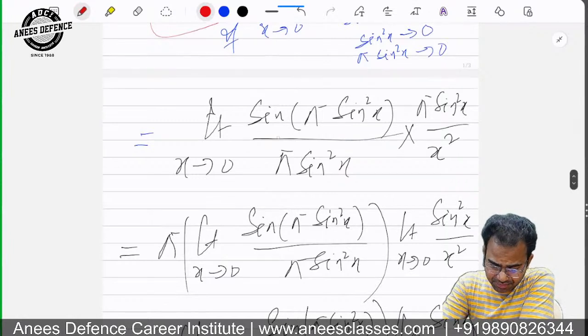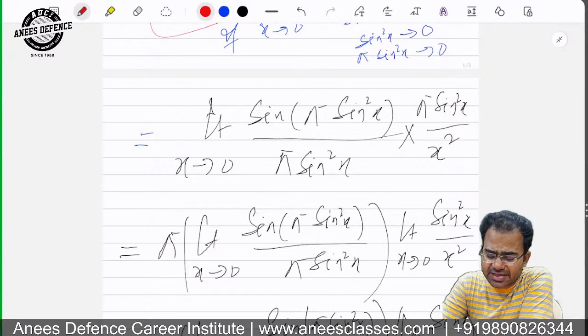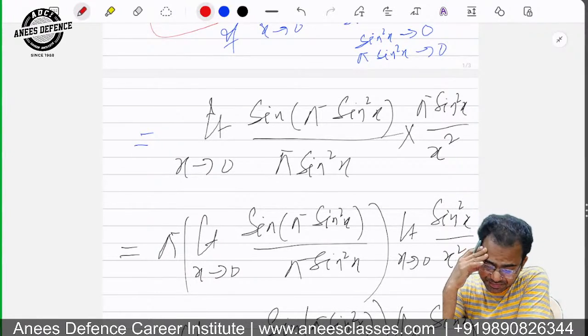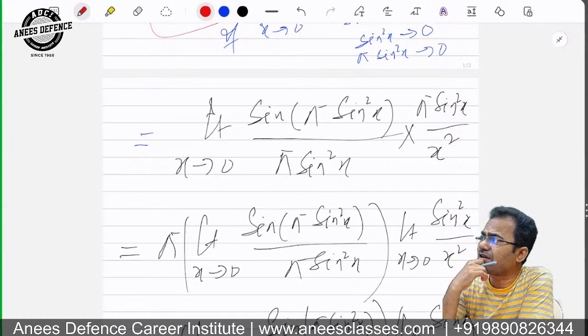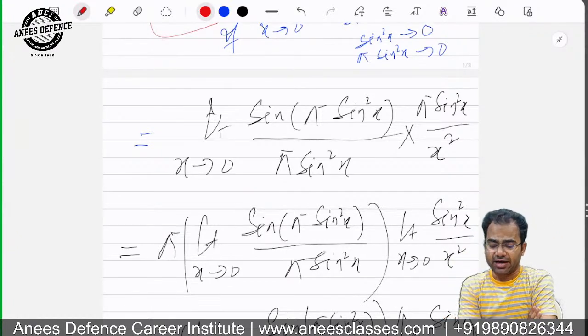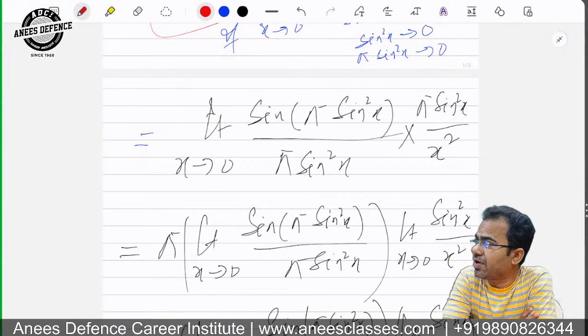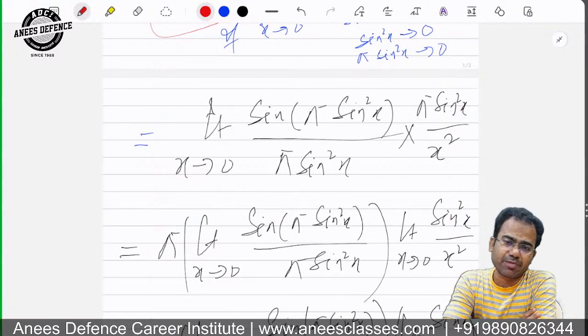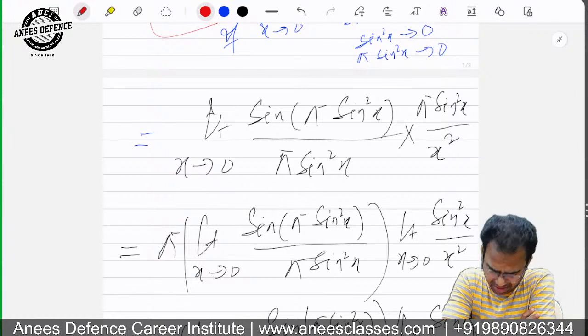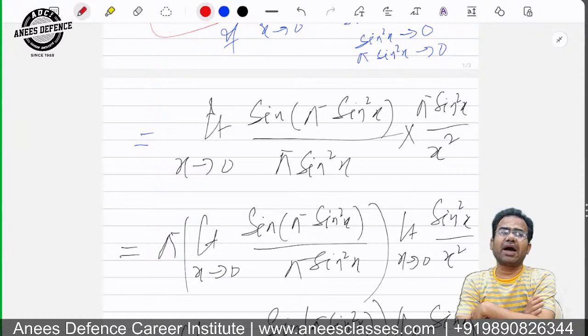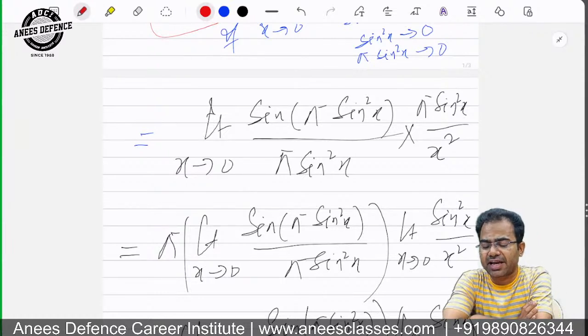तो मैंने क्या किया, साइन का एंगल पाई साइन स्क्वायर एक्स था तो मैंने एंगल नीचे सेम लेके आया, पाई साइन स्क्वायर एक्स से डिवाइड दिया। रूल है जितना से डिवाइड देना उतना से मल्टीप्लाई करना आता है, सच दैट एक्सप्रेशन का वैल्यू चेंज नहीं होना चाहिए। आप किसी चीज से डिवाइड कर देते और मल्टीप्लाई करना भूल जाते तो वैल्यू चेंज हो जाता है, और अगर मल्टीप्लाई करते डिवाइड करना भूल जाते तो वैल्यू चेंज हो जाता है। मुझे वैल्यू चेंज नहीं करना है तो जितना से मल्टीप्लाई किया उतना से डिवाइड दिया और जितना से डिवाइड दिया उतना से मल्टीप्लाई किया। तो मैंने पाई साइन स्क्वायर एक्स से डिवाइड दिया है तो पाई साइन स्क्वायर एक्स से